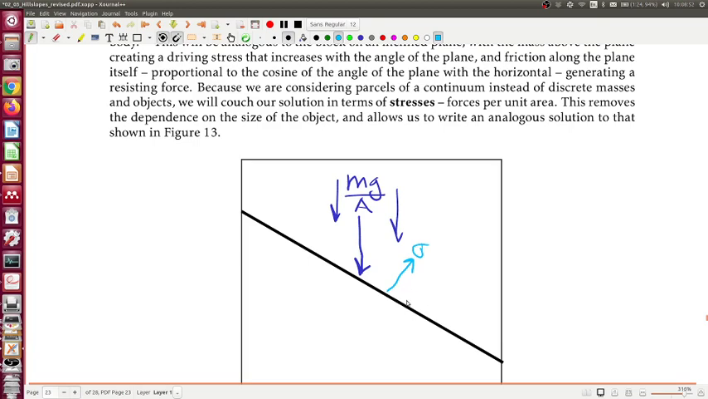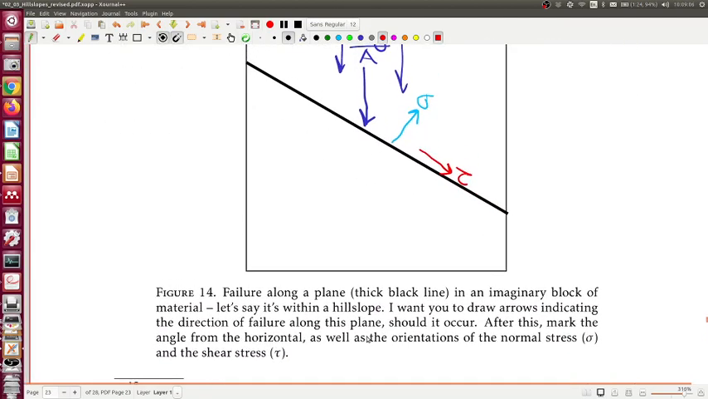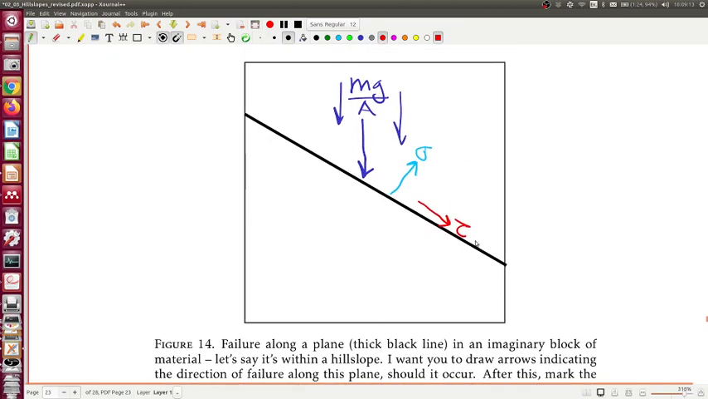And then we have another stress over here. I'm going to draw that in red because it's driving the failure. And that stress is going to be tau, which is the shear stress. And let's see if I did everything I was supposed to: the angle from the horizontal as well as the orientations of the normal stress and the shear stress. So we have the normal stress there, the shear stress there, and then of course the angle from the horizontal. That's just going to be right here. And that I will often refer to as alpha, sometimes I'll refer to it as theta,